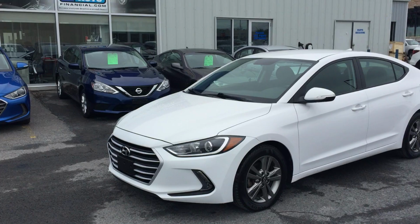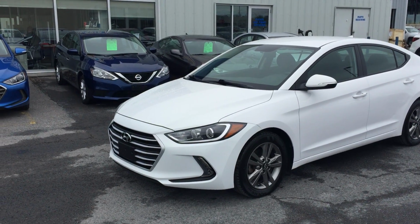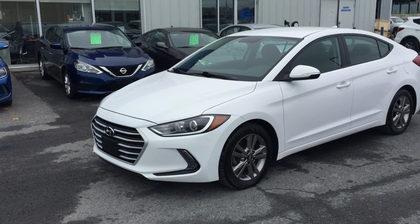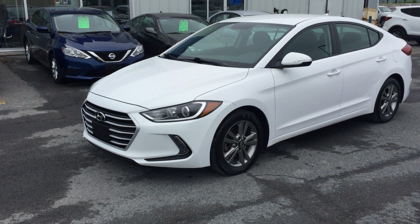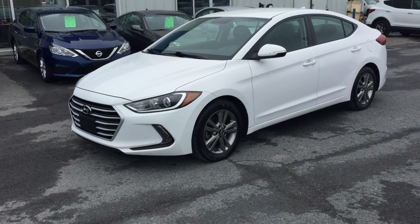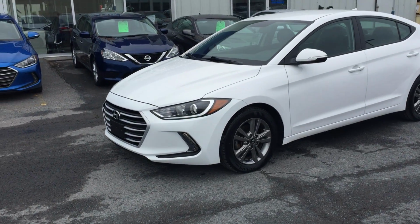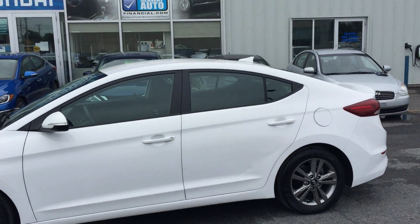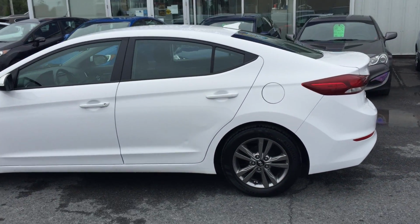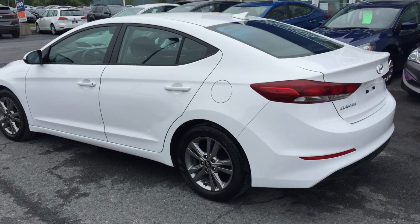Let's have a look at a gorgeous 2018 Elantra GL automatic. Lots of standard features. Again, changed bodies in 2017. Really looks nice. It's a really sharp looking vehicle, so we're happy to get them new or pre-owned. But we definitely love them pre-owned because most people have just continued to buy new ones. They love Elantra. And we'll do a quick walk around the outside and I'll show you some of the interior